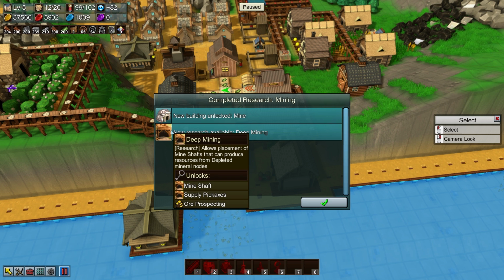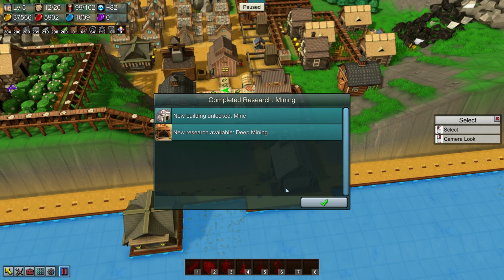But deep mining allows you to tap into those nodes for effectively a renewable resource of the minerals, which is